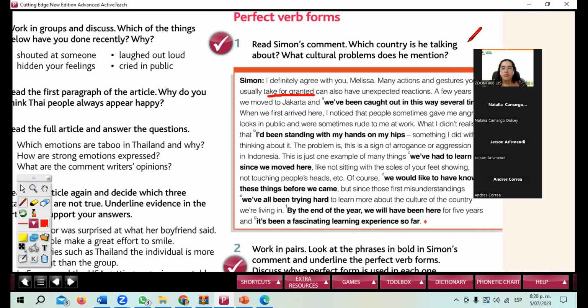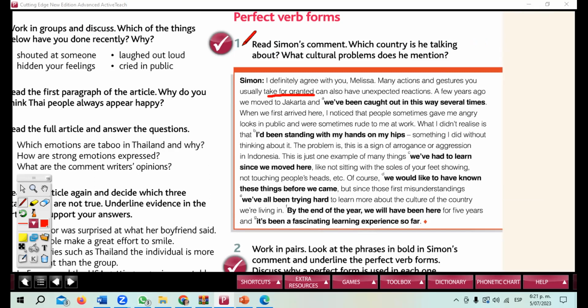Okay. So, for example, I take for granted that I can, I don't know, sleep in a comfortable bed every night. Okay. I take it for granted. Like, I don't think about this as one of my good things or privileges, but oh, it just happens, right? So I take it for granted. Lo doy por sentado. That's how we say it in Spanish.